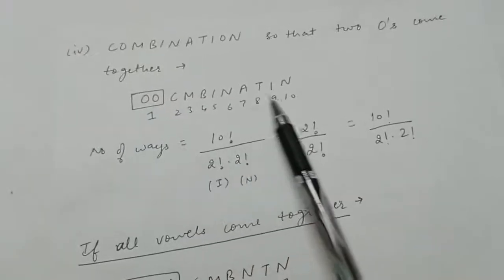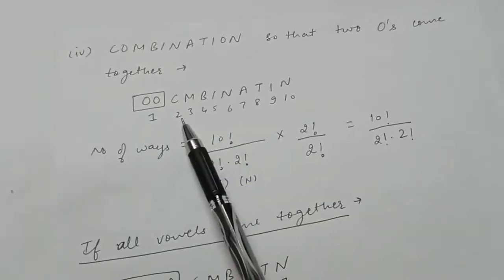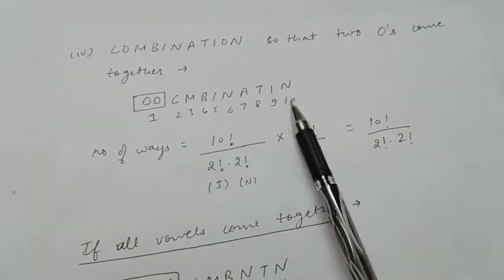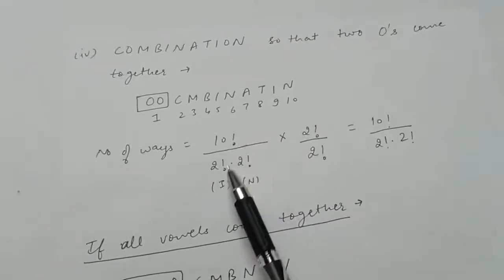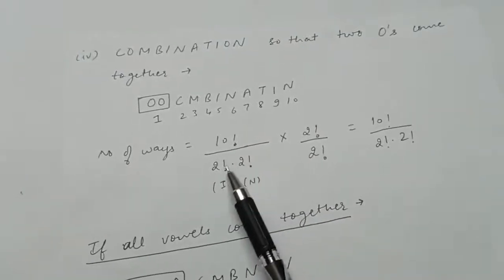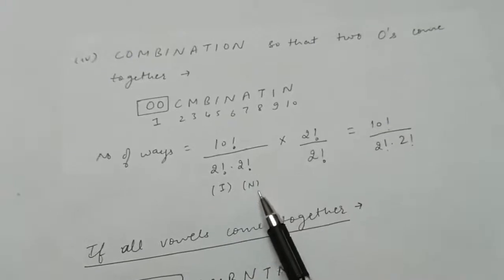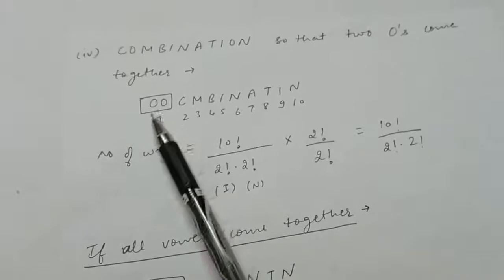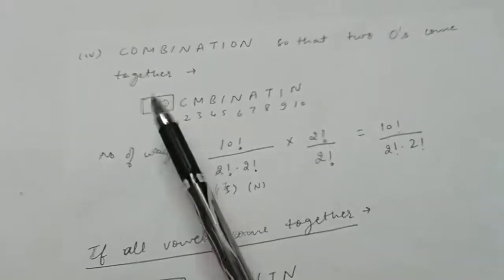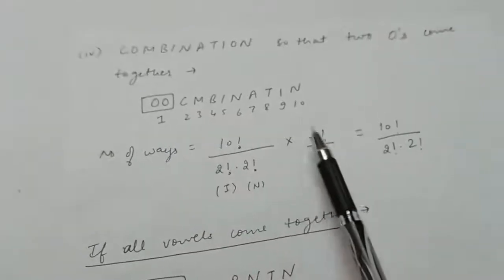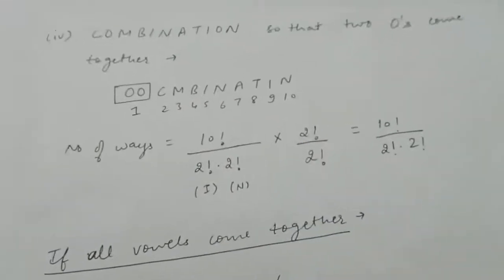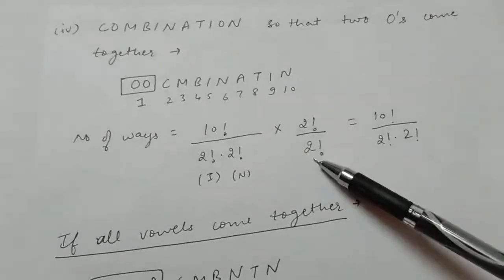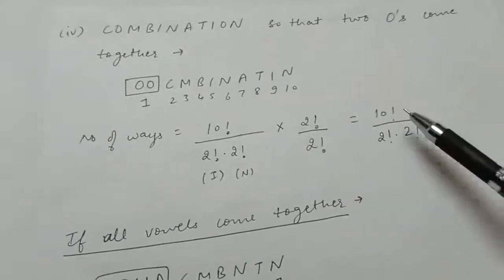Now see in the rest, if any letter is repeating or not. So yes, I is repeating 2 times and also N is repeating 2 times. So divide this 10 factorial by 2 factorial into 2 factorial. This is for I and this is for N. Now see the letter which you treated as one letter. It actually consists of 2 letters, and 2 letters can be arranged in 2 factorial. But here also O is repeating 2 times. So you will divide it also by 2 factorial. So you will get the answer as this, right?